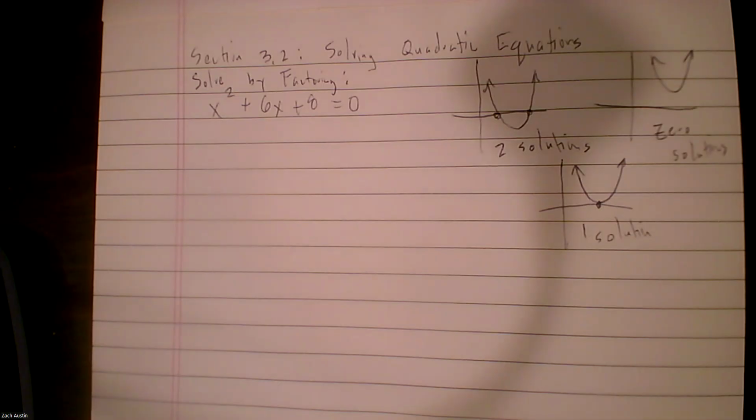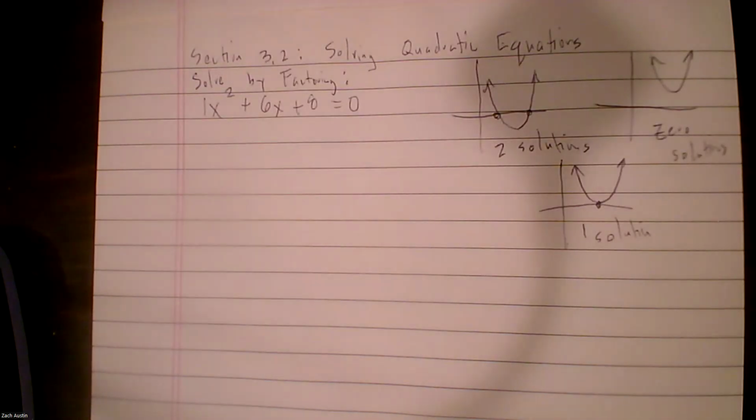The first reason is that it just doesn't always work. Most quadratic equations are not factorable. Okay, you have to have a kind of a special scenario in order to be able to solve it by factoring. And so I'm only going to solve by factoring simple quadratic equations. So this is an example of that. The thing that makes this one simple is the fact that our a value, our x squared coefficient, is a 1. If it's not a 1, I'm probably not even going to pretend like I'm going to solve it by